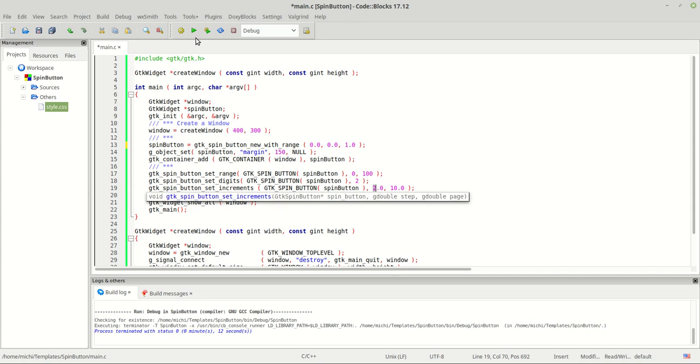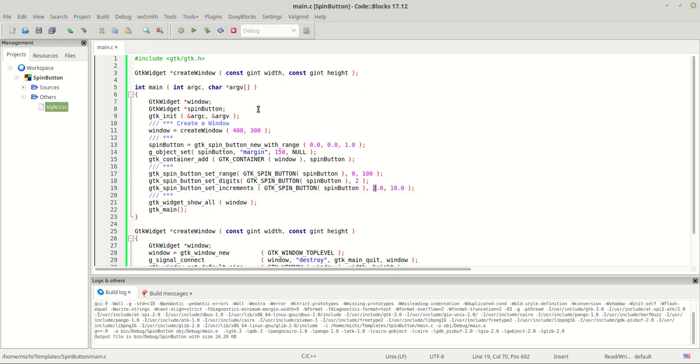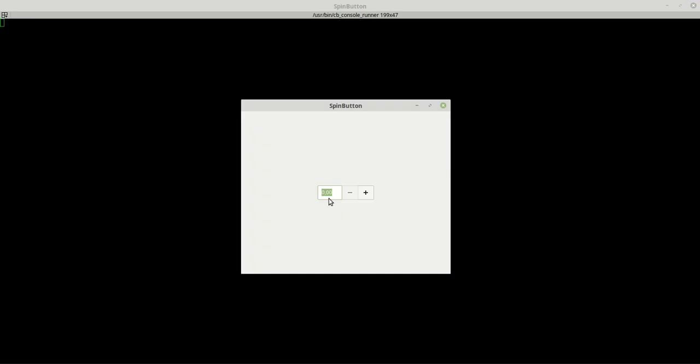step and 10 for page. Now I will compile and run the program. Let's see, 2, 4, 6, 8, 10 and so on. And if I hit now button 2, it goes up to 100. Okay. And if I hit, let me put it again. So